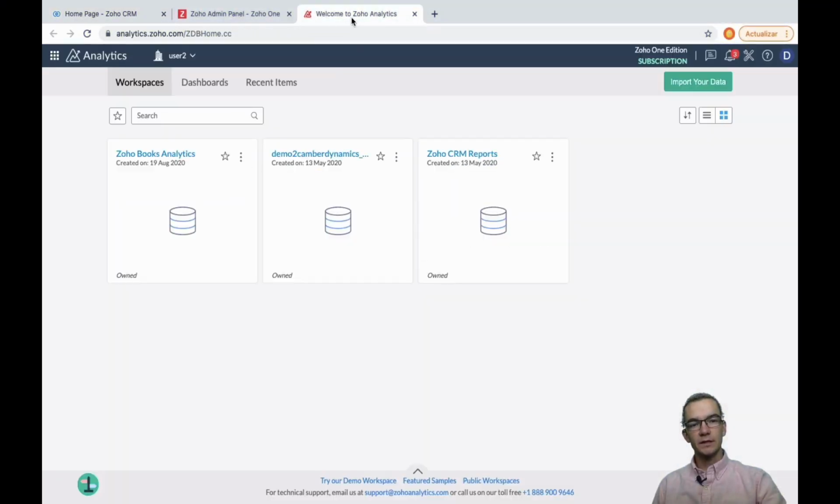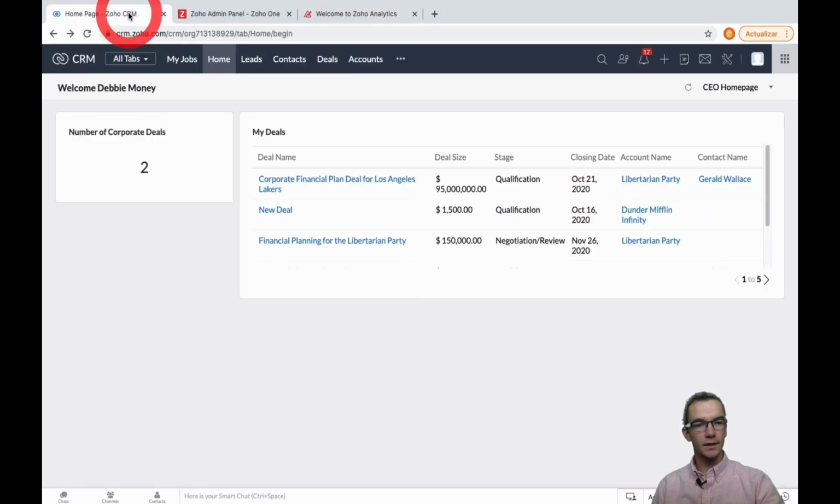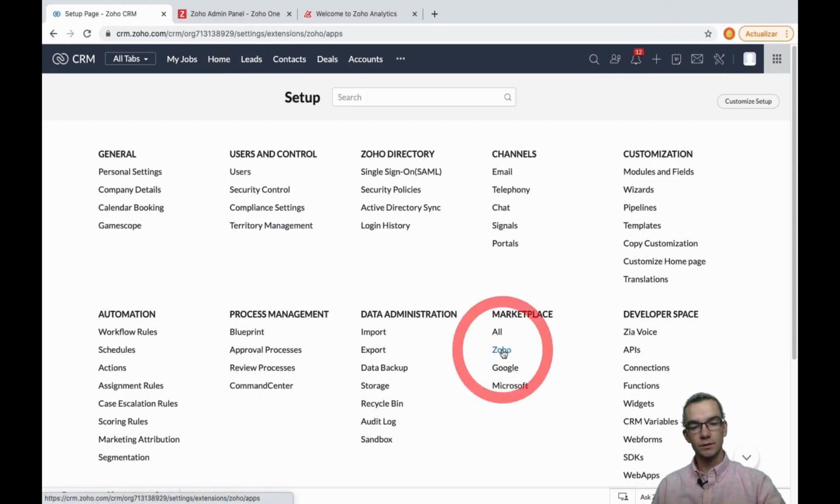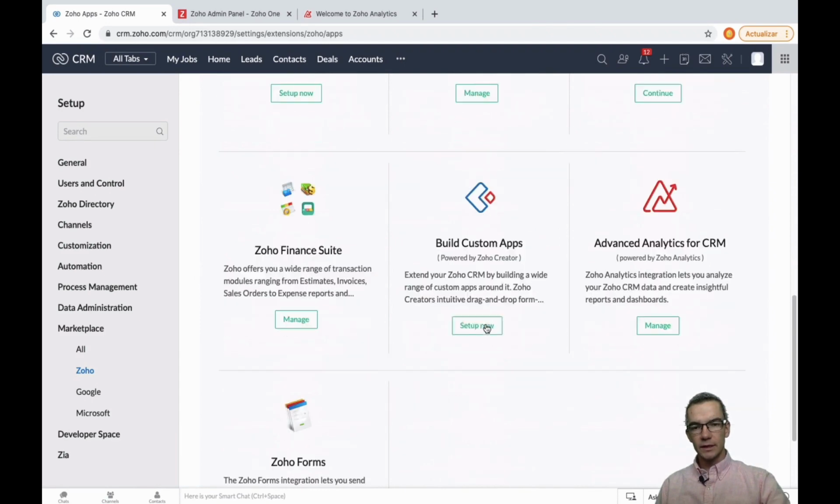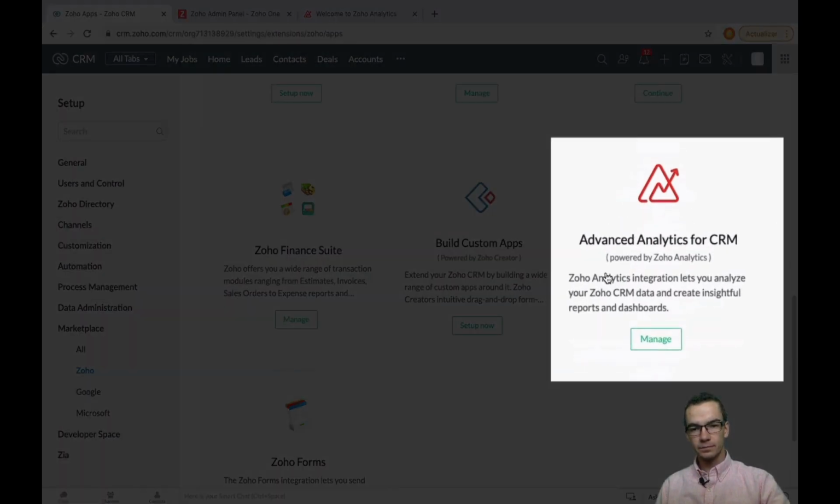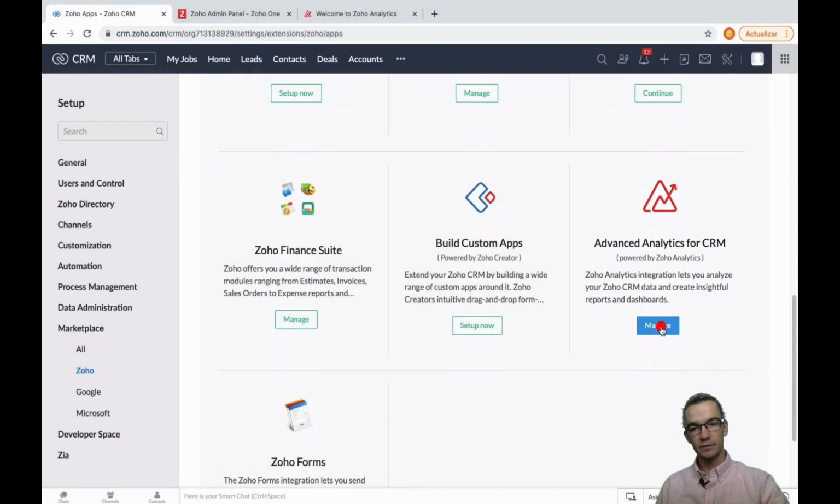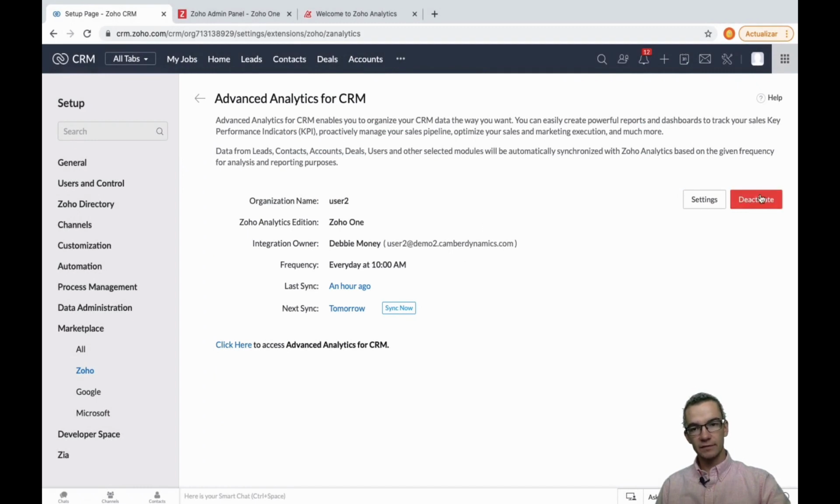Now, one reason you may not see all of these workspaces here is back in your CRM. So once you've activated the app, let's go to CRM settings, then marketplace, Zoho, because this is where you enable some integrations with other Zoho apps. And under Advanced Analytics for CRM, this right here might say set up now. So if you haven't already set it up, by clicking here and go to manage, I have the option to deactivate. So this is already going. This is already live. The last sync was an hour ago. The next sync is tomorrow. I can actually initiate a sync right now. So that's how you set up your